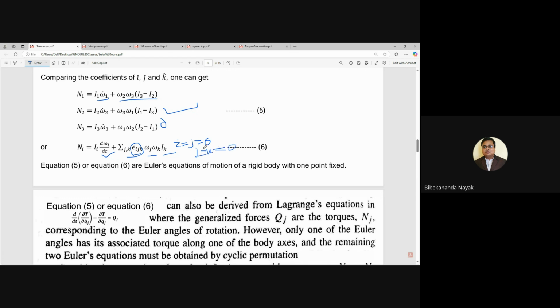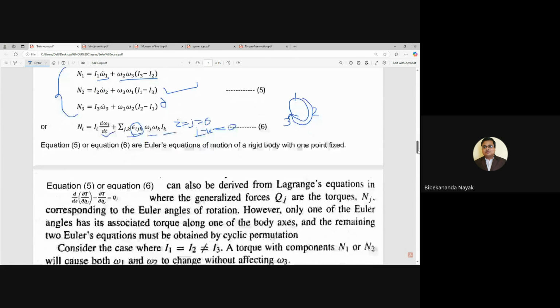If in the order even permutation, I think I already discussed that. If in an even permutation for 1, 2, 3, order is same, clockwise, then it is +1. If odd permutation, then -1. For this one, you can write only these three, which represent the Euler equation of motion of a rigid body with